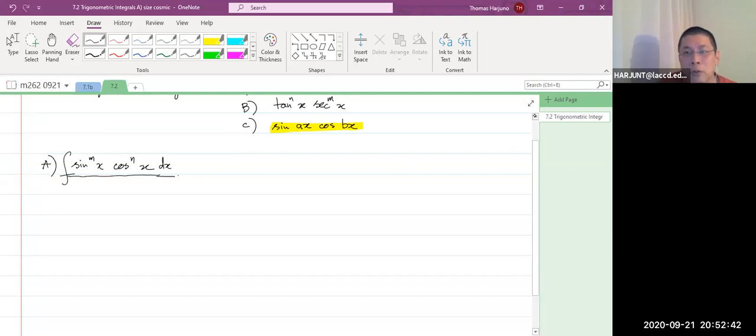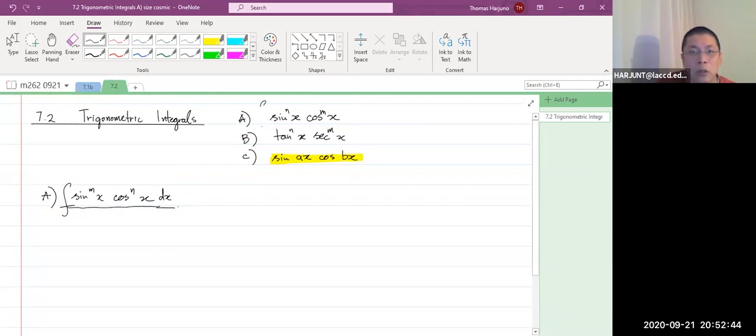I will use integral dx here, integral dx here, integral dx here, so that you know that we are talking about cases in integral. Now, for example,